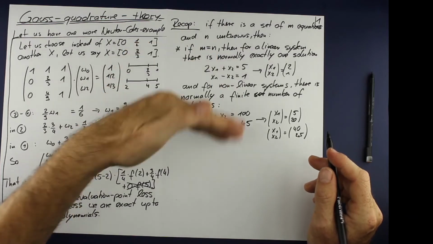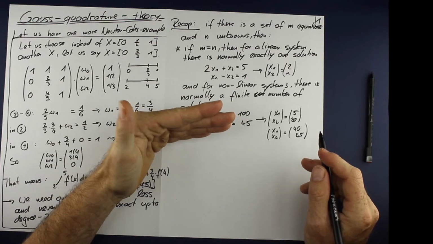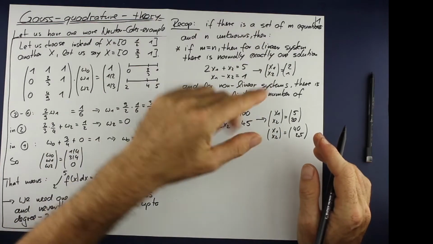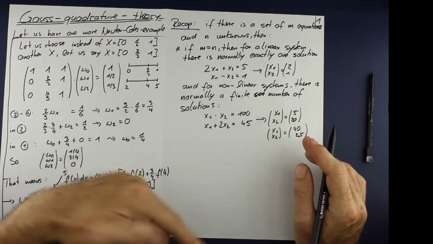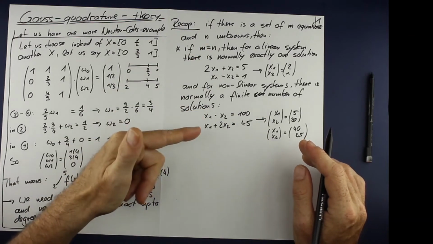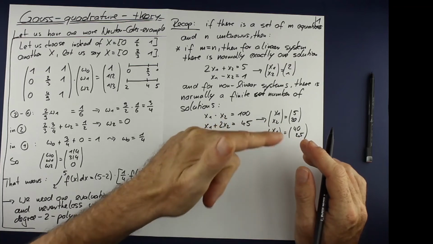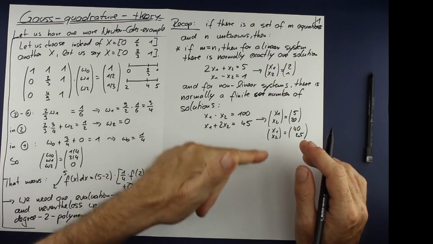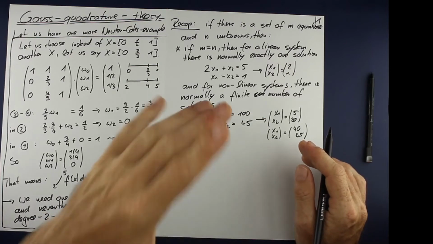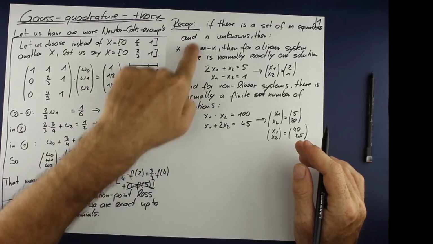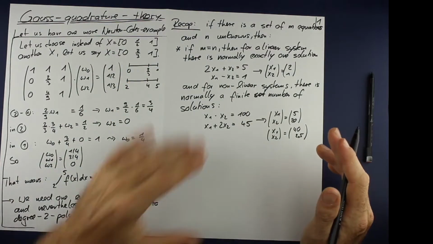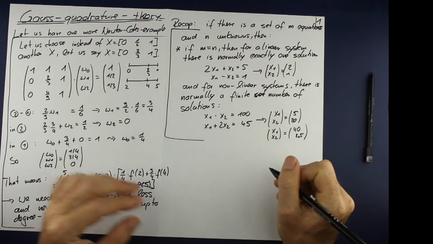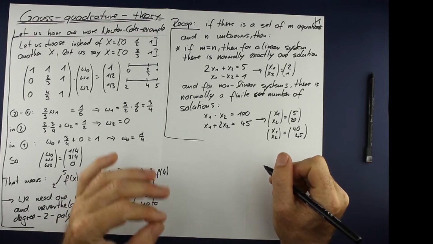If we have more equations than unknowns, then normally we have no solution, for linear systems and also for nonlinear systems. And the other way around, if we have fewer equations than unknowns, then for a linear system we have infinitely many solutions, and the same for a nonlinear system. But to be honest, we are only interested in that case. If m is n, then there are normally solutions, but it's not guaranteed. And so now the idea from Gauss is,